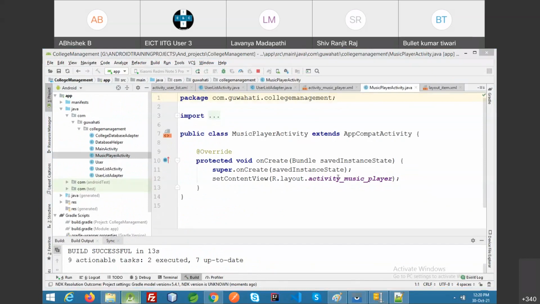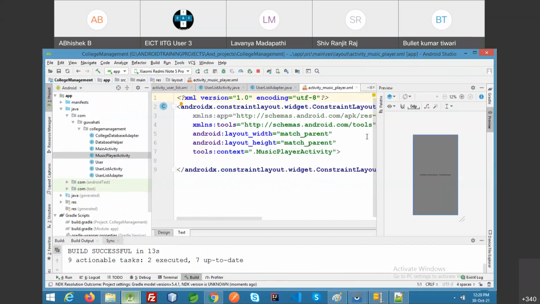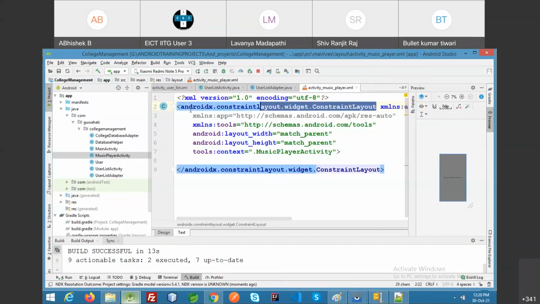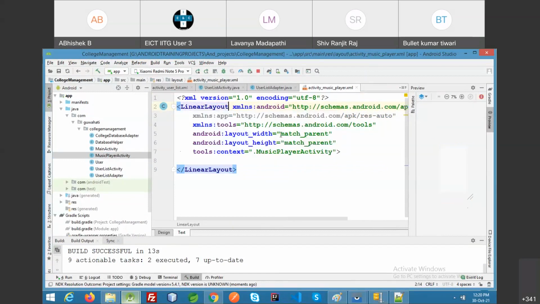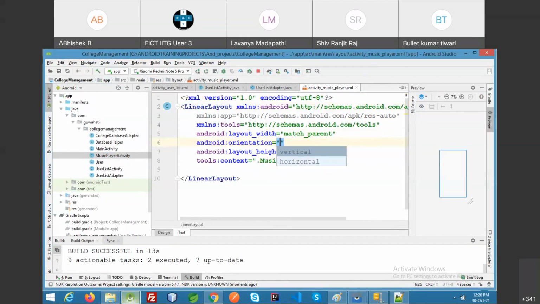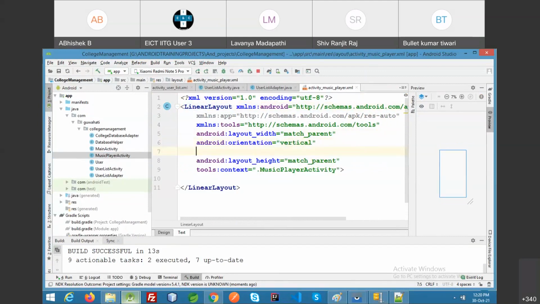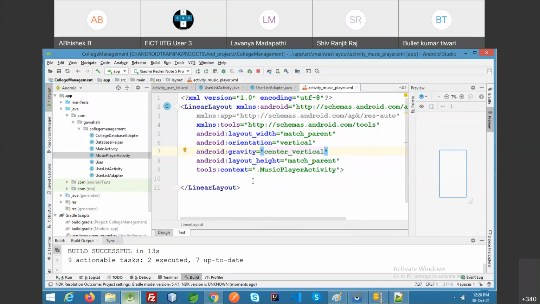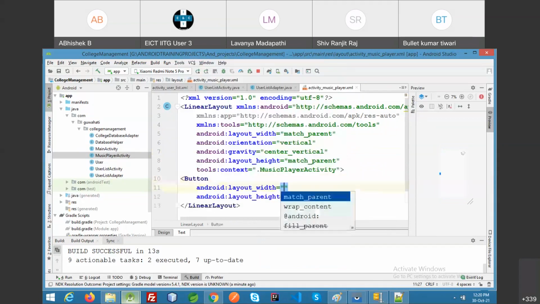In this activity, I have a layout in which I will take only 3 buttons. Fine, layout again. I'm taking a basic linear layout, and its orientation is vertical, and gravity center vertical. So I will have 3 buttons, with wrap content, with wrap content.